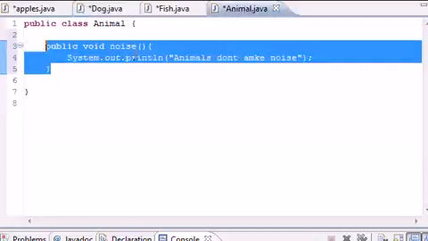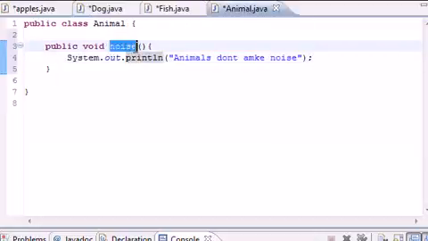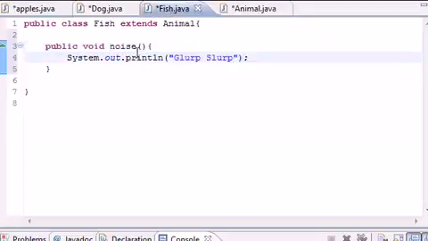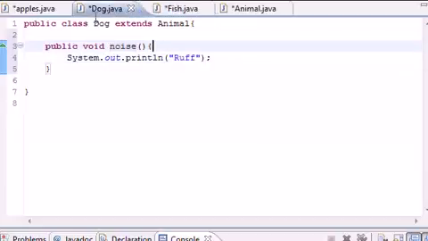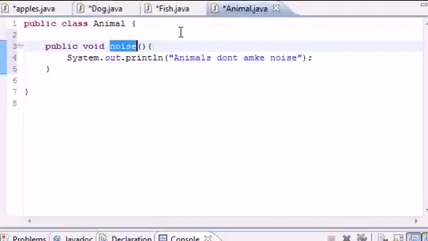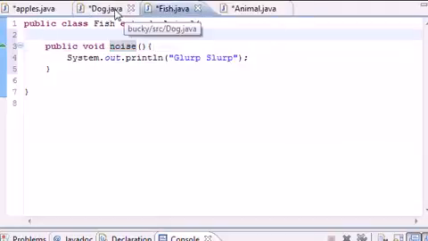So now we have this method called noise in animal, and we also have a method called noise in fish, even though fish don't really make noise, but this fish says glurp slurp, and we have one in dog called noise that says rough. So we have this main method in animal, and it gets overwritten when you call it in